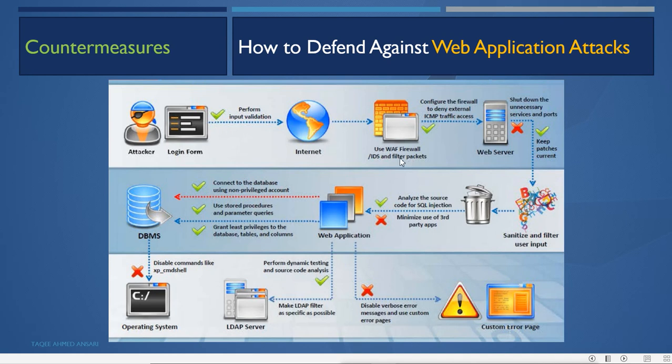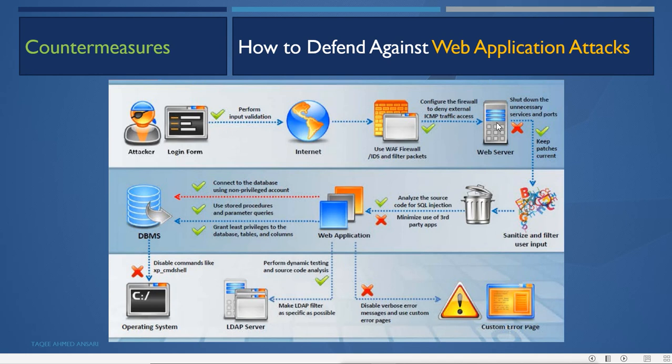So we use the firewall with the IDS and web application filtering, which will filter all the traffic. Configure the firewall to deny external ICMP traffic access. It will try to defend the server from here. Now the request will reach the web server.